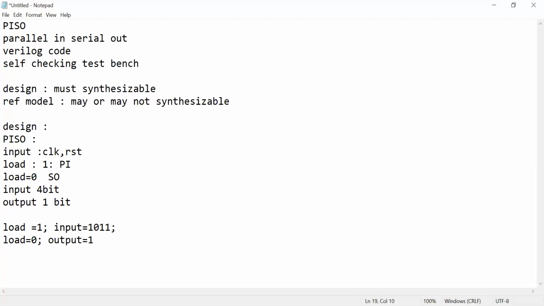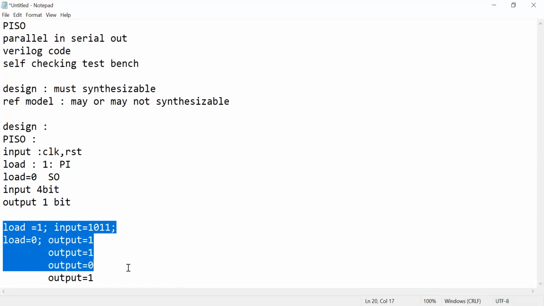At the second clock I will get my output equal to 1. Third clock I will get my output equal to 0. In the fourth clock, I'll get my output equal to 1. I'm shifting my data from MSB to LSB. You can shift from LSB to MSB, like MSB first. It's up to you.